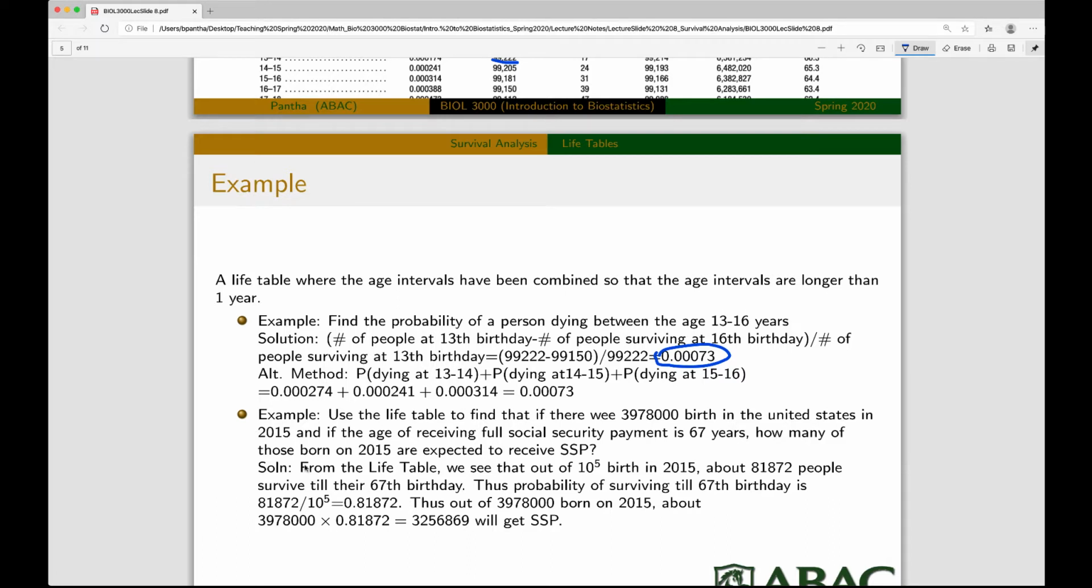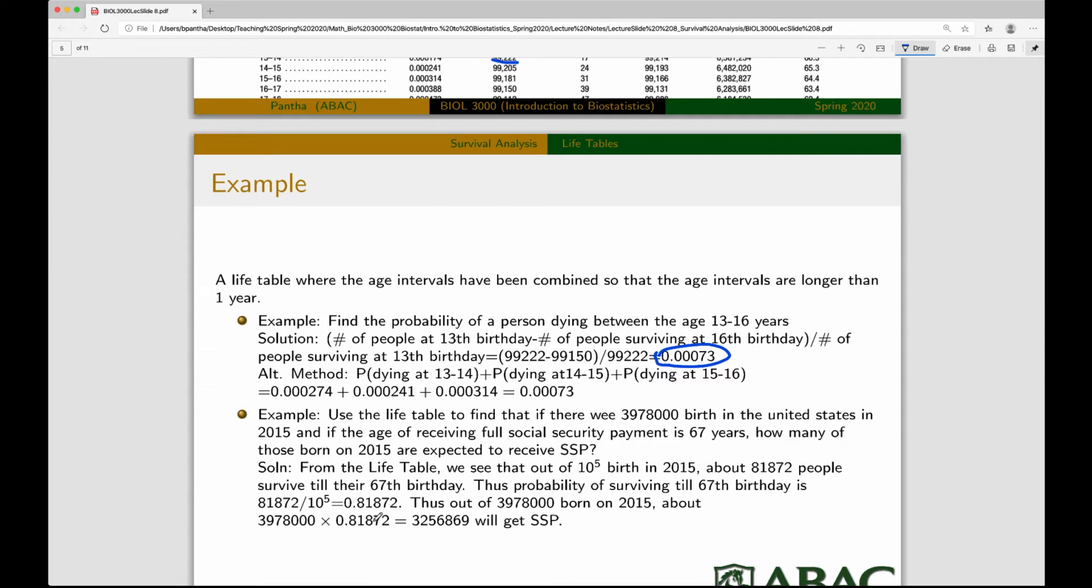So let's see that. The solution is, from the life table, we see that out of 10 to the 5 births in 2015, about 81,872 people survived till their 67th birthday. That's from that table, right? And thus the probability of surviving till the 67th birthday is the number who survive divided by the total, right? That is